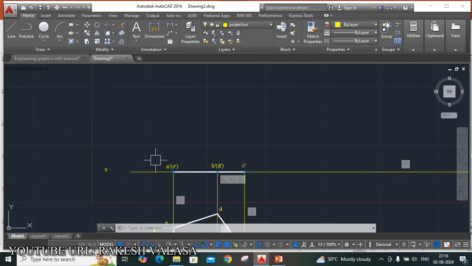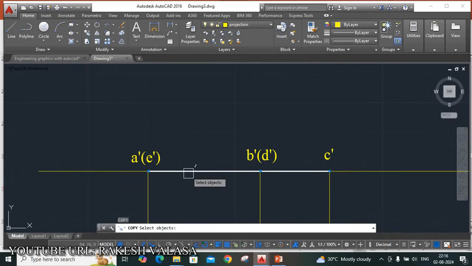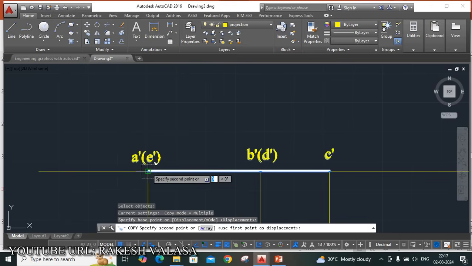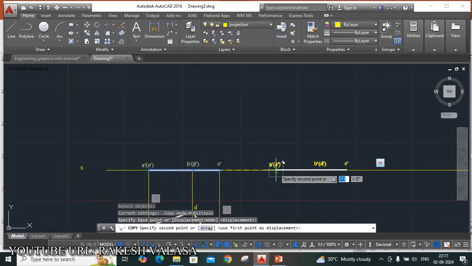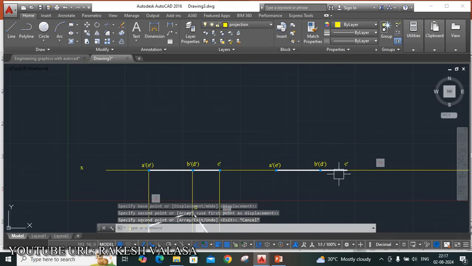So take this initial front view, copy it from this position and move it to the right side, from this point to this point.